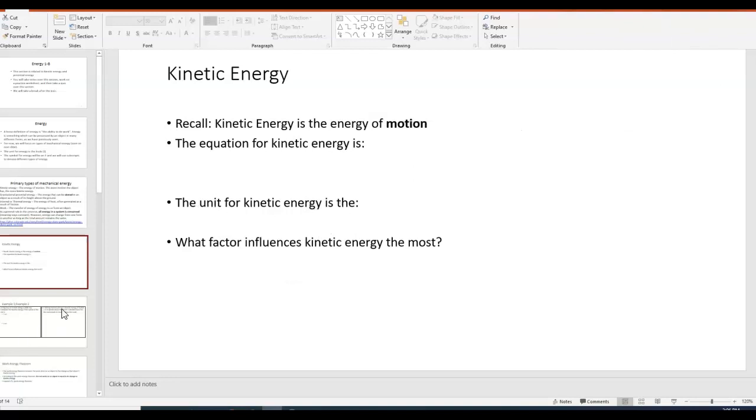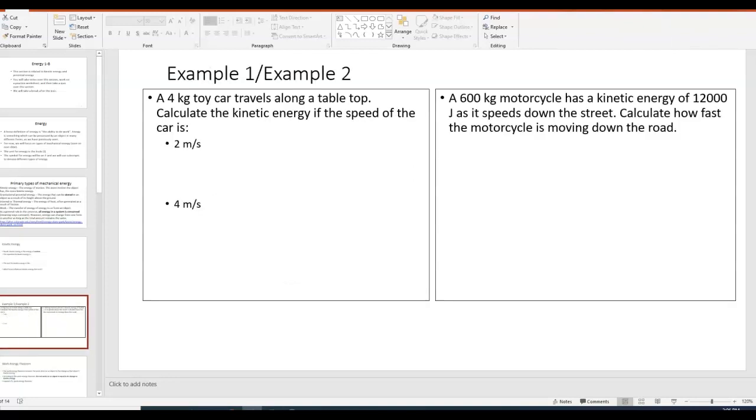Okay, let's do some quick calculation examples. Example 1. It says a 4 kilogram toy car. As you go through, make sure you identify your given information. 4 kilograms. Kilogram is the unit for mass. Okay, so that's my m. Travels along a tabletop. Calculate the kinetic energy if the speed of the car is 2 meters per second and